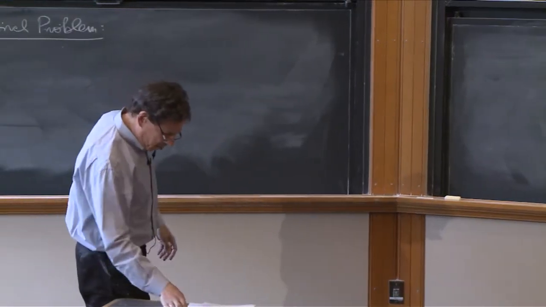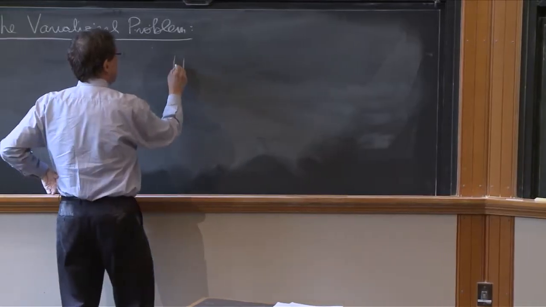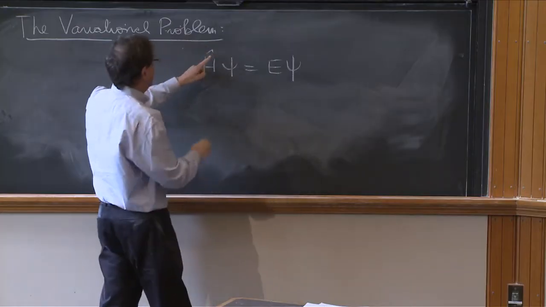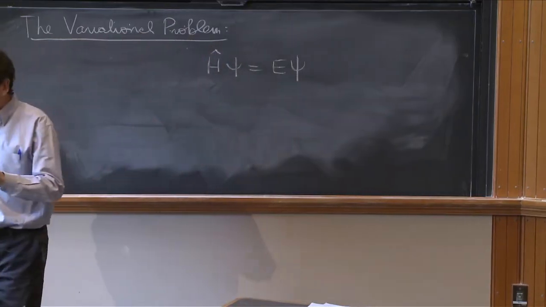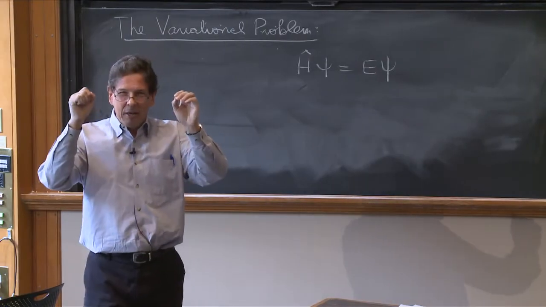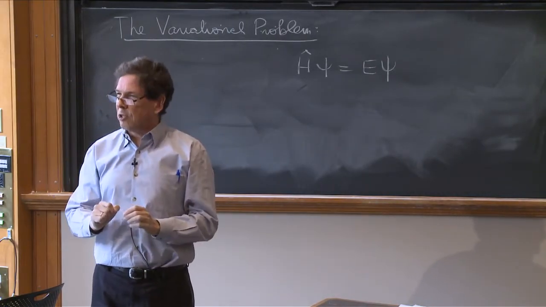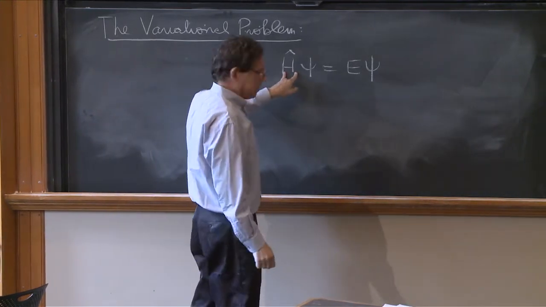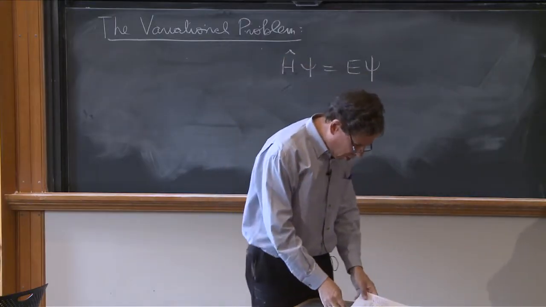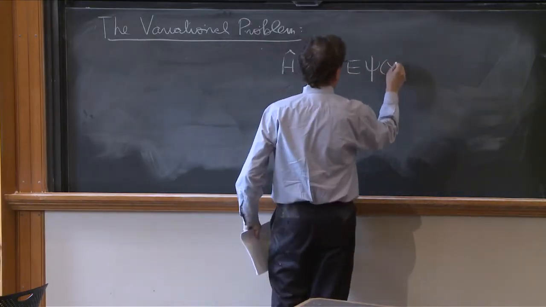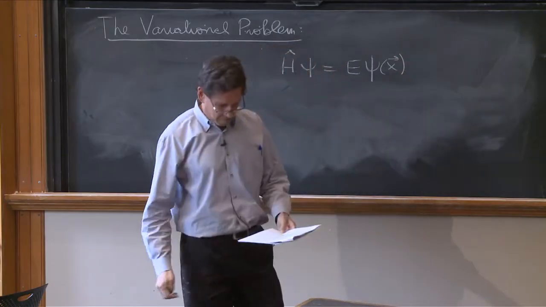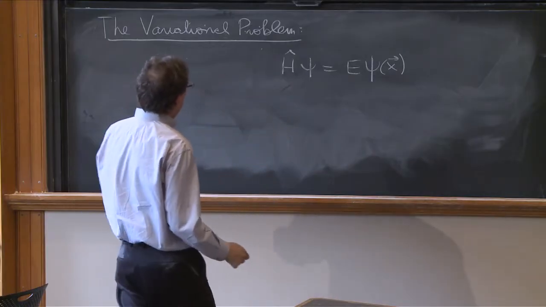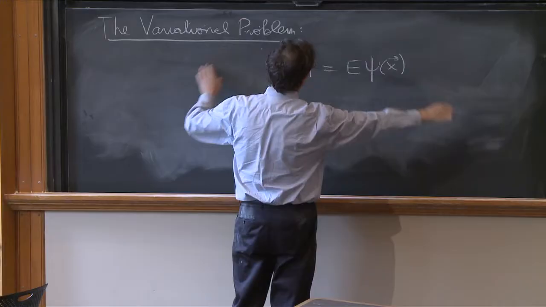So what is the problem we want to solve? We want to solve the problem H psi equals E psi. So some Hamiltonian. Now, my notation will be such that it applies to 3 dimensions as well. So I'll put just arrows on top of it, and you would have to write the appropriate Hamiltonian. It will not be necessary for you to know the Hamiltonian, so I'll put psi of x here, meaning that this is equally valid for more than 1 dimension. Now, we want to find solutions of this equation.